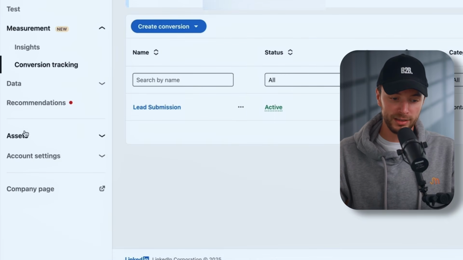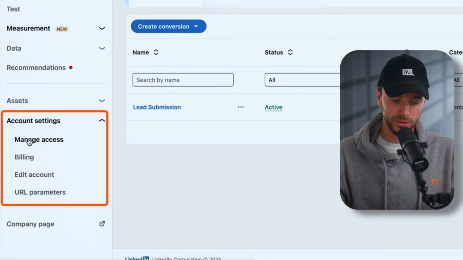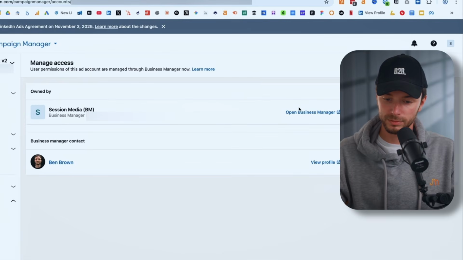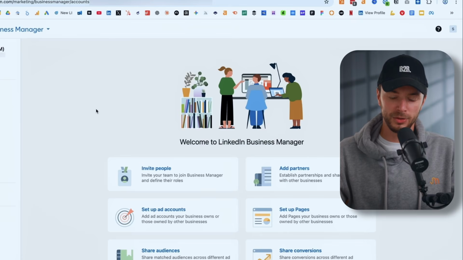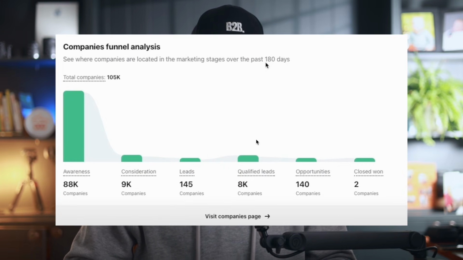Now to do that, you need to go on to account settings, then manage access, and go on to your business manager. This one is a new account for us. When you go on to revenue attribution, you can connect your page here. Then I'll pull up a screenshot so you can see all the companies you're getting impressions from, all the ones that are considering, all the ones that are leads, and all the ones that are closed. So even if people just see your ads, then convert 90 days later, it will start pulling in these revenue